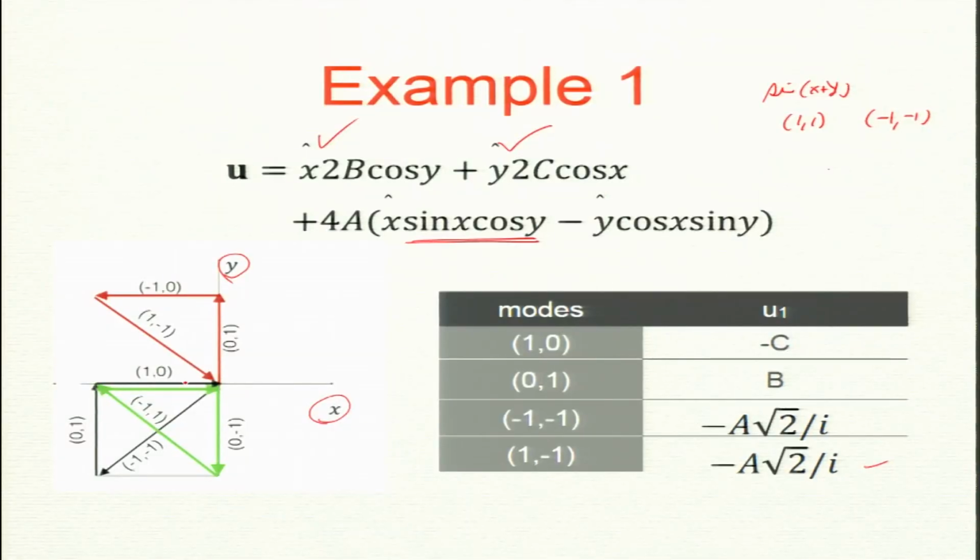So, now let us look at this triangle. I have to look at all the possible triads, which will give me evolution of the 0 1 mode, 1 0 mode, and 1 1 and minus. So, there are 4 modes. Overall, with the complex conjugates, there are 8 modes, but I need to worry about only 4. The other ones are just the complex conjugates of these. So, we do not do it for all 8, we do it for half.